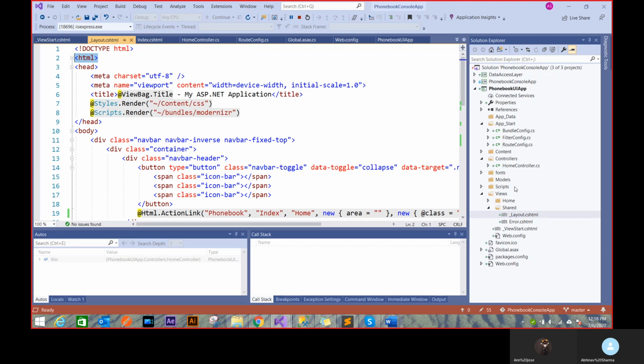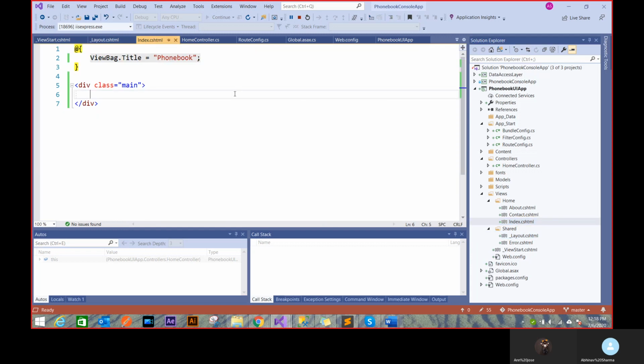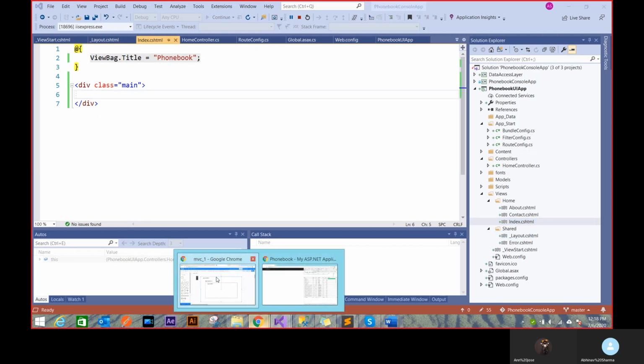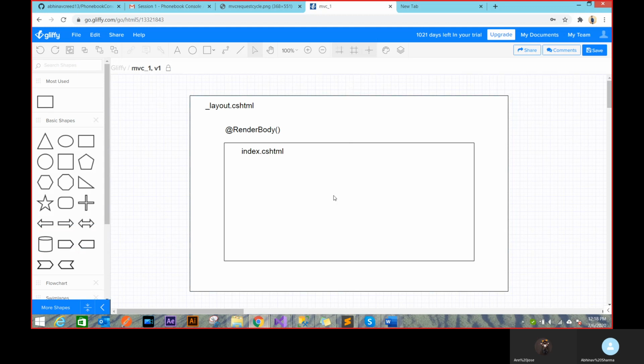Because when I render a normal cshtml, it won't have that HTML start and end tag because it's the center part. So maybe now if you look back at this image, it's more clear. This RenderBody is having this index HTML, but the whole part is covered in layout.cshtml. Right? You get how this thing works. So this index HTML could be any cshtml because RenderBody is very generic. So I can use any other cshtml, it can still work on that layout. So that's how the layouting thing works in Razor Pages.